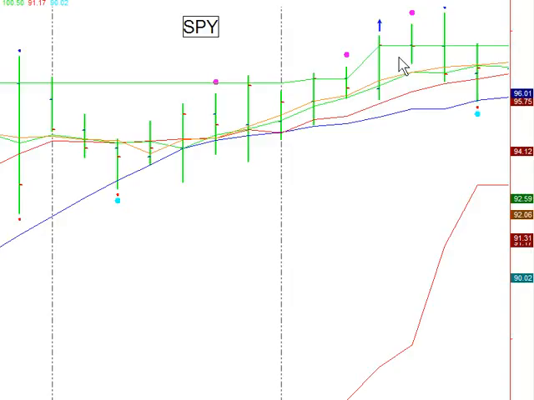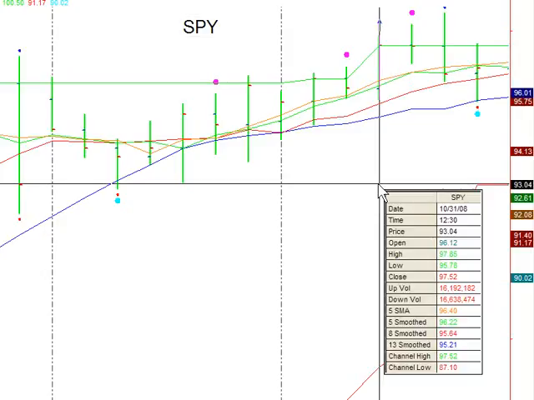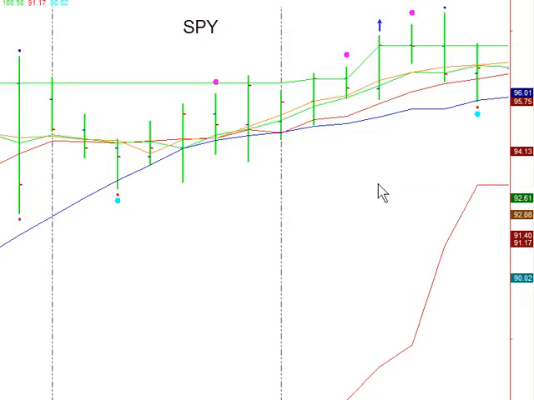For those of you that are members, you'll see the signal for this one is not on this day, but it's from the day before, the 28th. So here we have another buy. The actual entry is in this bar here on the 31st, in the 12:30 bar, and just staying long